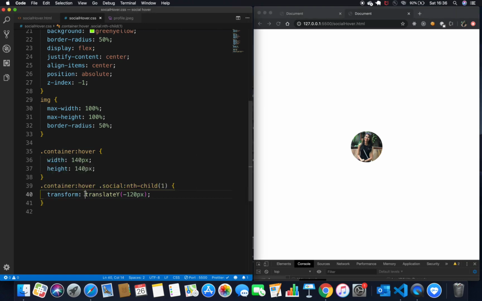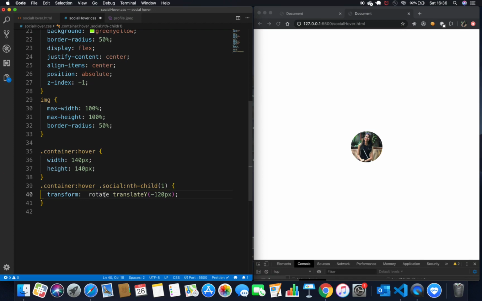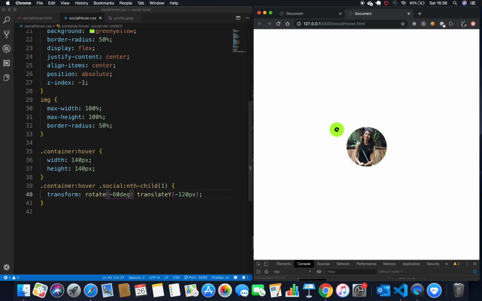And there's one more thing that I want you guys to notice, which is the rotate function. So the height is going to be the same for all the icons when we hover on them, but they need to be at different angles, right? They were in a circular fashion. So I can give a rotate of, let's say, -60 degrees. So yeah, it's basically getting rotated at -60, right? Here it was 0 and here it's -60, and this side it will be +60.